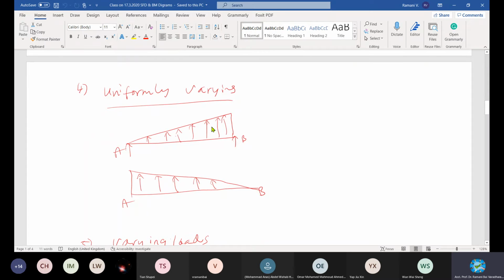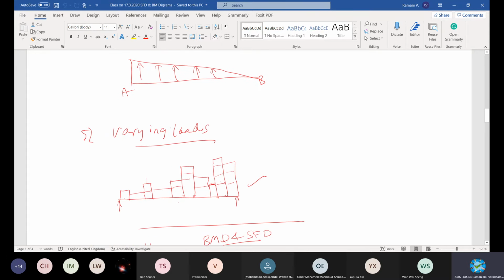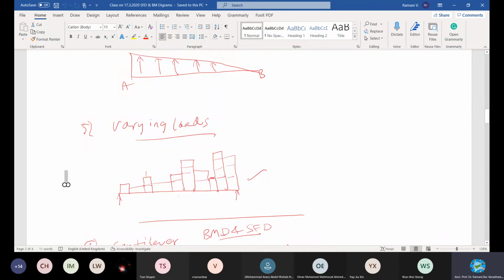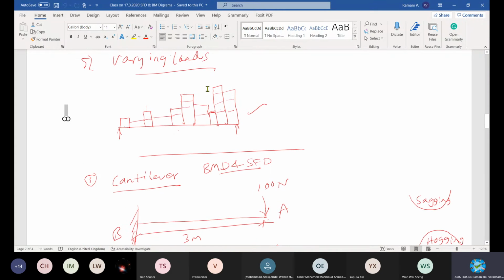Same goes for varying load, maybe of this type or this type. Varying load from 0 to maximum at the other end or maximum to 0 at the end. These are the other types of loading as well. If you take property developments like these, they may have some blocks here, Block A, Block B, with some facilities here and some facilities here, another maintenance office or TNB, or a water tank. All these things can be of different types of loading acting on a particular ground.